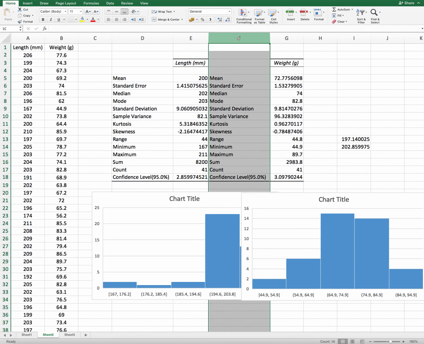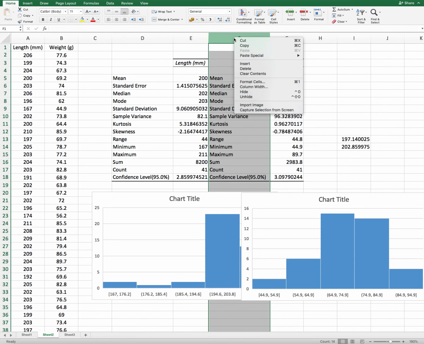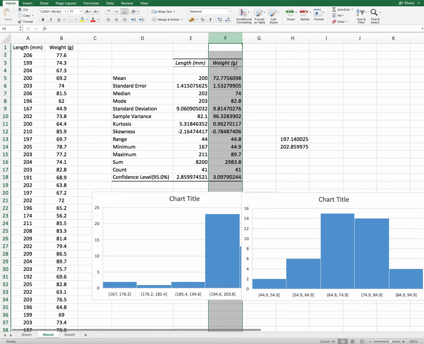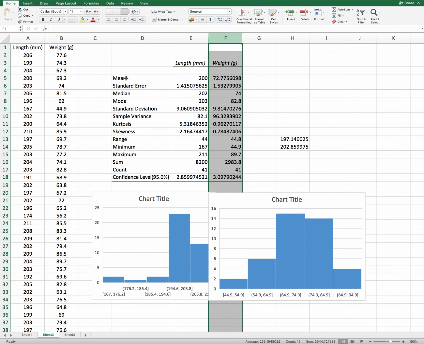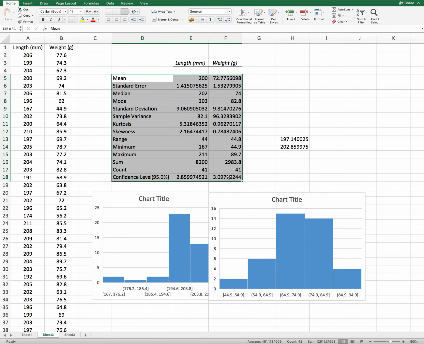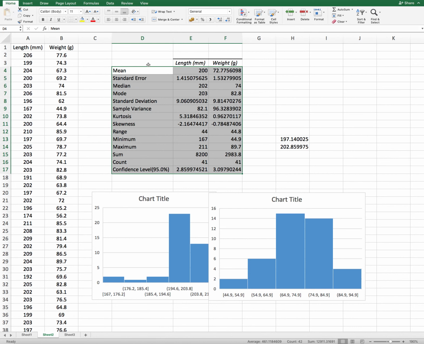You just delete this column, and after deleting it you will find a good way of showing your data in your report. So that is the preparation of the table. You can prepare your table in this way.